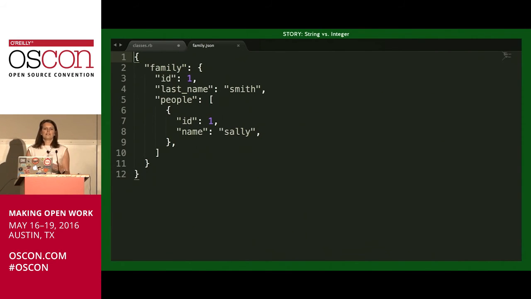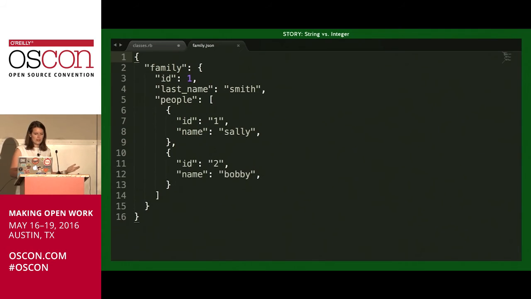So the backend says, okay, something has changed here. Let me go look up the family. Let me go look up what I have in my database. Well, I used to have two people, a Sally and a Bobby. And you're sending me this new JSON blob, and there's no Bobby. You must want me to delete Bobby. Okay, great. Cool. So when it works the way you want it to work, that's great.